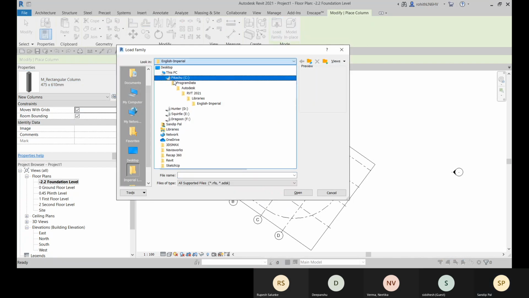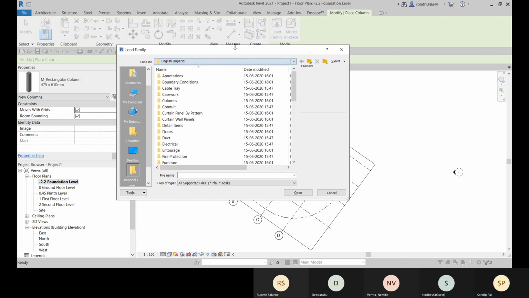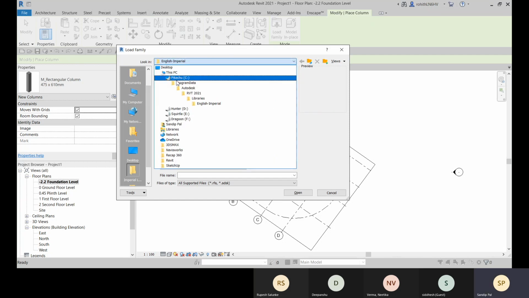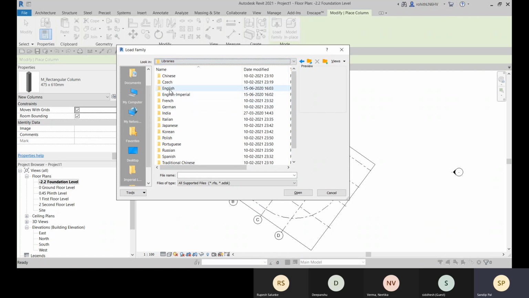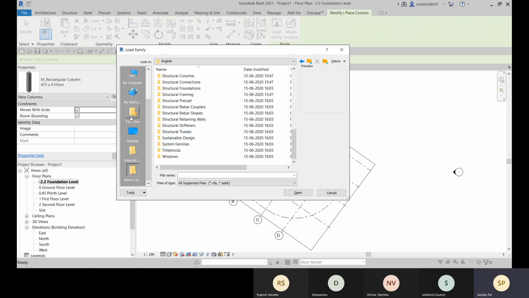This is the folder path in the C drive. Go to the program data folder, Autodesk RVT 2021, within that, libraries. If you are going with metric units, choose the English folder. Come here and you will find the structural columns.